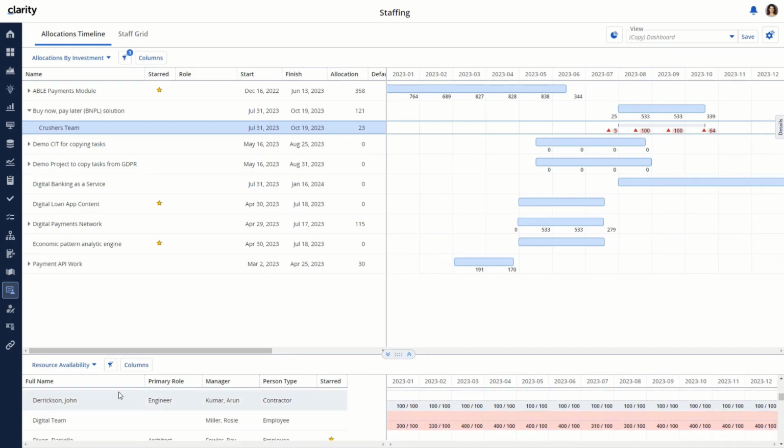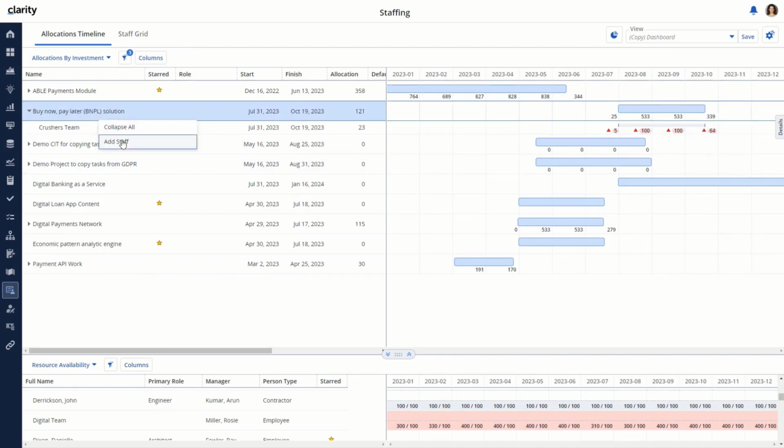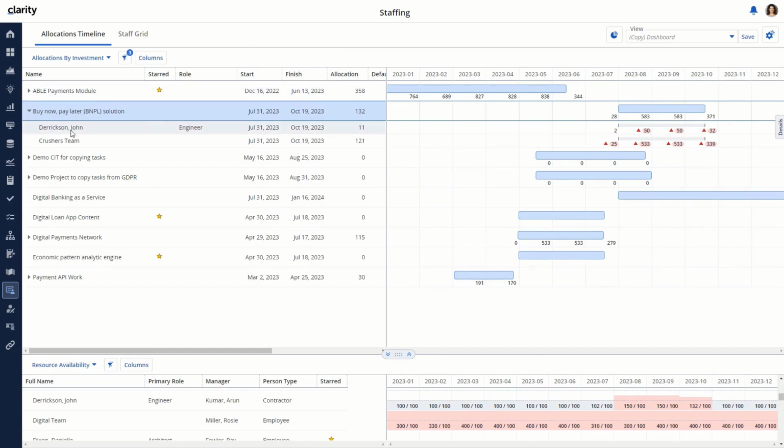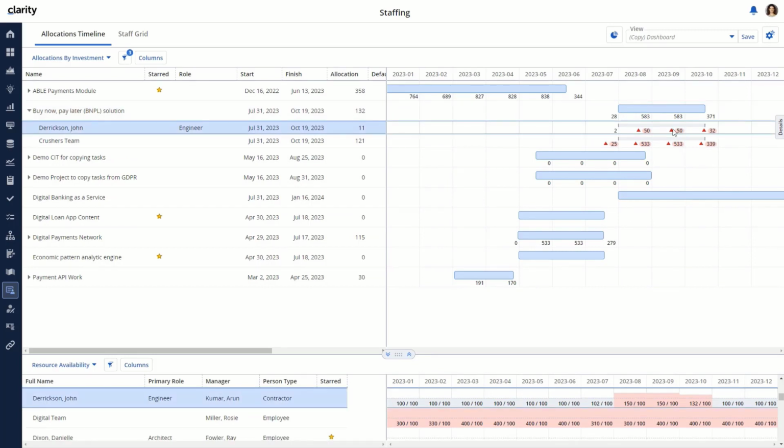Now, let's look at the toast message pop-up when we add a staff member to an investment. Let's do that. We'll add a resource. And you can see the allocation is successful. And the page refreshes and he's been added. So you can see now, even though he is 50% allocated to this investment, this puts him in the red